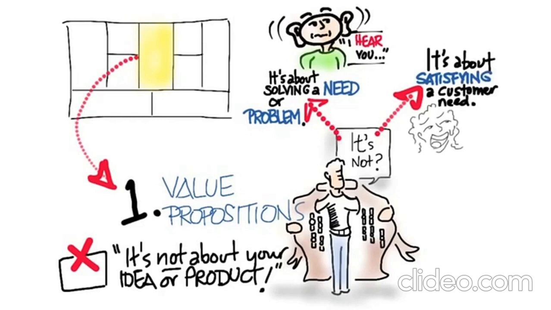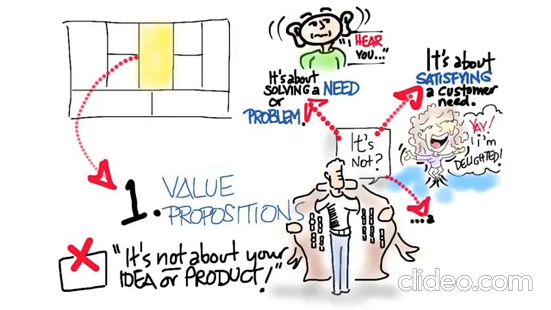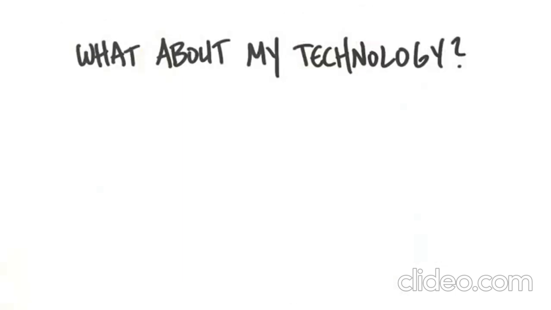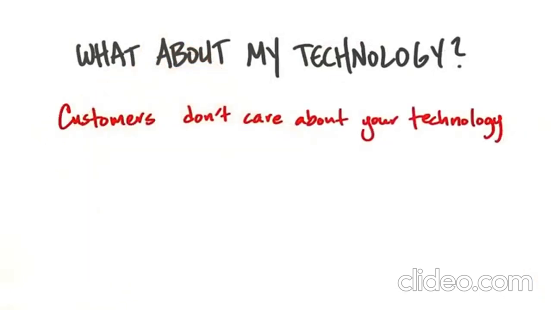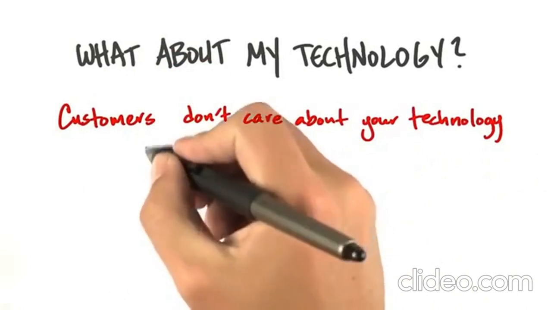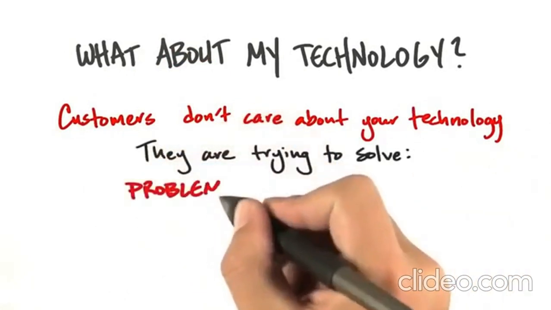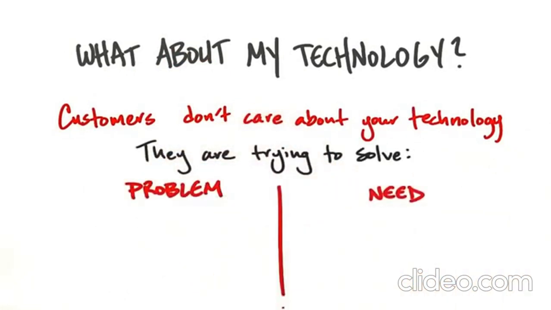This is where you normally would list all your features and here's all the speeds and feeds and benefits and whatever, but you're really going to be asking a different question than you might have been used to. It's not all about your technology. Your technology is just part of the value proposition. Customers really don't care about your technology. The customers are trying to solve a problem or fulfill a need. By the way, we'll be talking about this through multiple lectures.